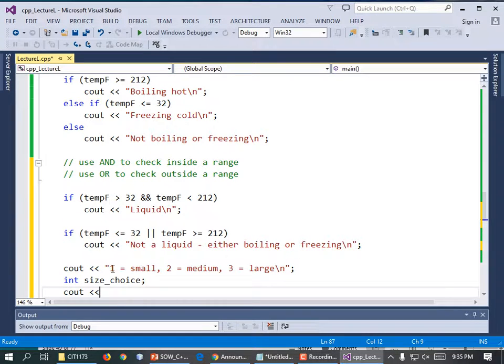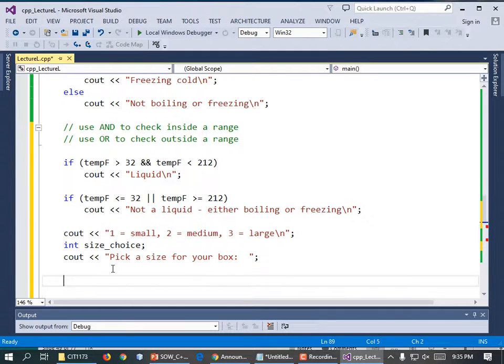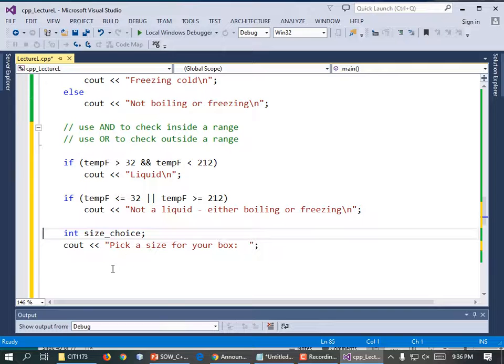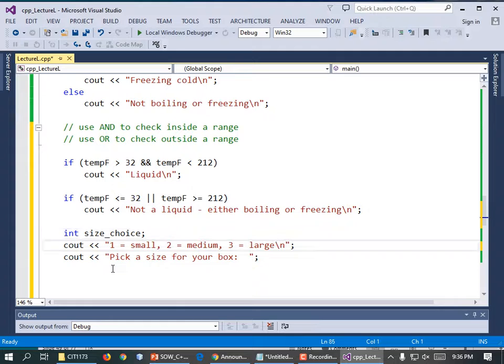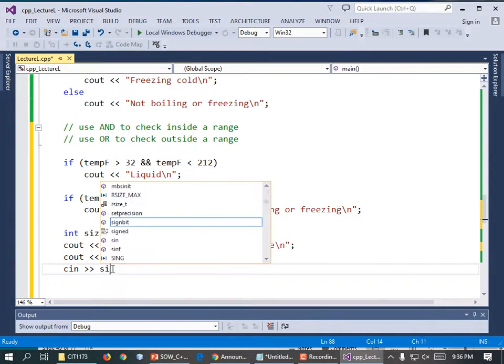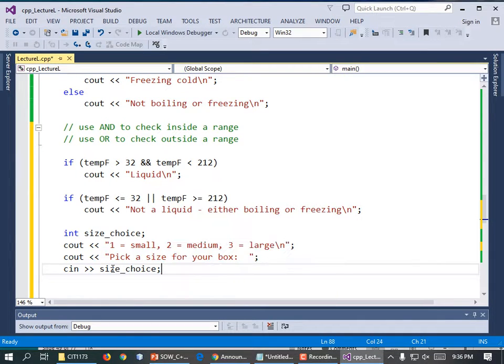Now let's tell them to type in one of those values. cout << "Pick a size for your box: "; I'm going to move this cout statement below the int size_choice just so it looks cooler. And then cin >> size_choice;